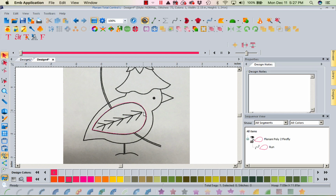Now I'm going to come in and I'm going to digitize the feathers. So what I'll do again is I'm going to get my tool, and I'll take a different color just so we can see it. And I'm simply going to start right here. I'm going to left mouse click. I'm going to come up here, left mouse click, and right mouse click. So I'm just going to go through with a series of left, left, left, right, left, left, left, right,